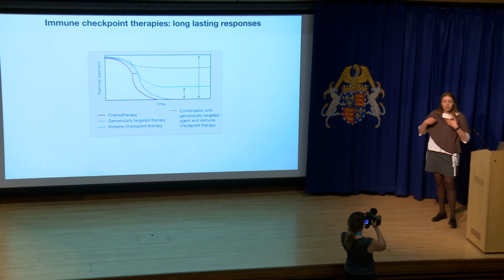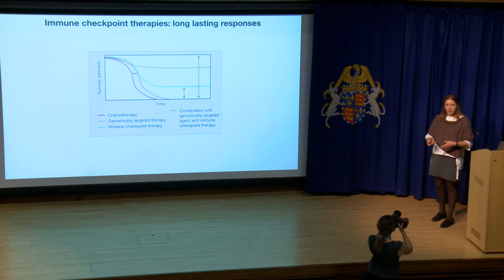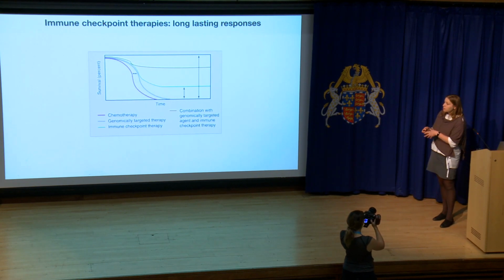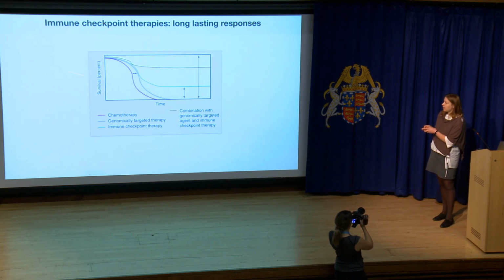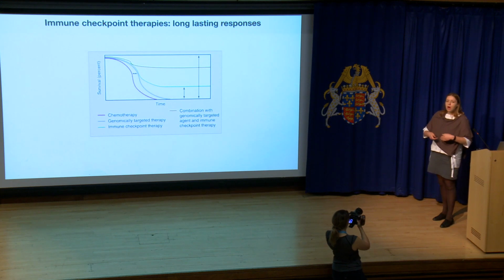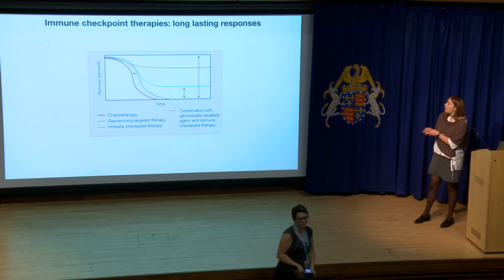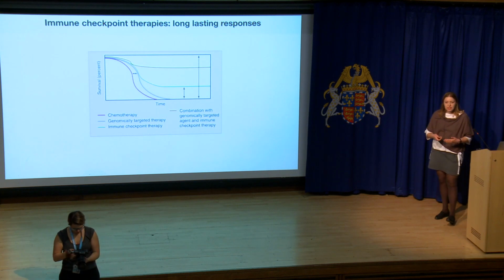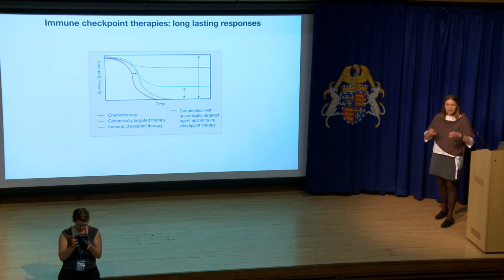One of the main differences between immunotherapy and classical therapy is that classical therapies work in the majority of patients, but they increase the lifespan only by a few months. With immunotherapy, in many patients you see long-lasting remissions, but the problem is that it only works in a small